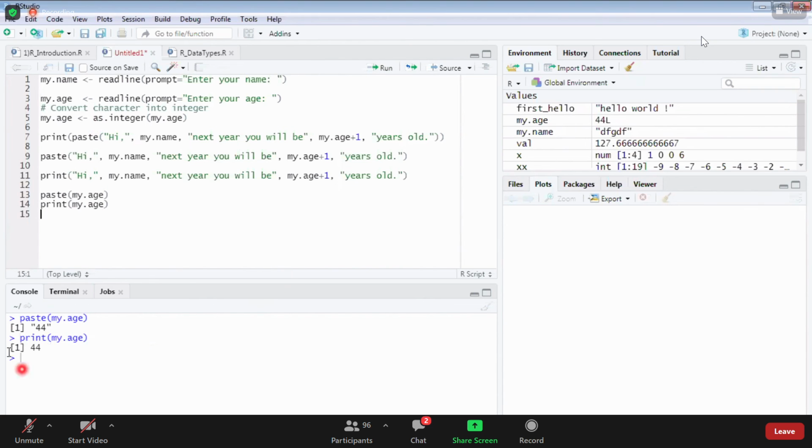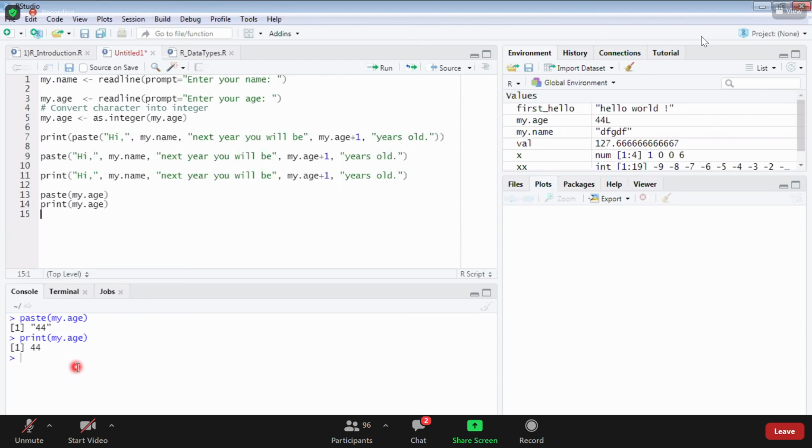See, now you'll understand the difference. Now tell me what is the difference between paste and print by looking at the outputs. It's like displaying our message in paste, sir. Not like that.